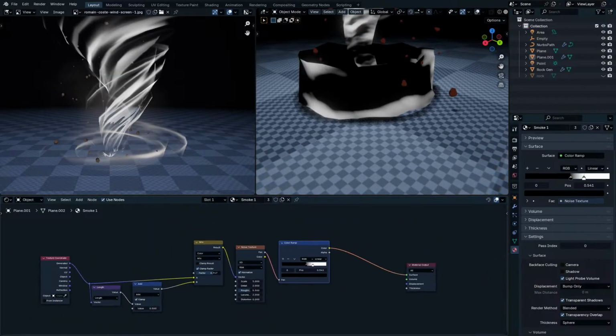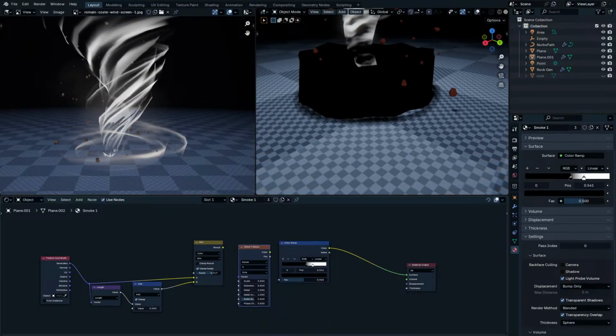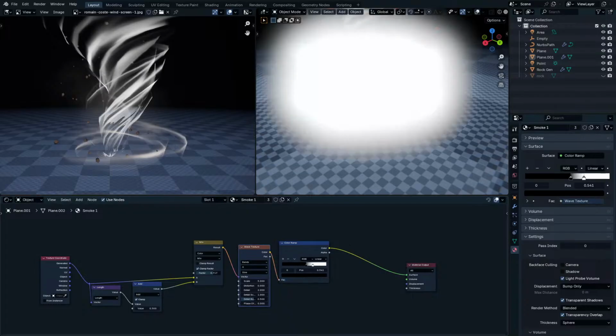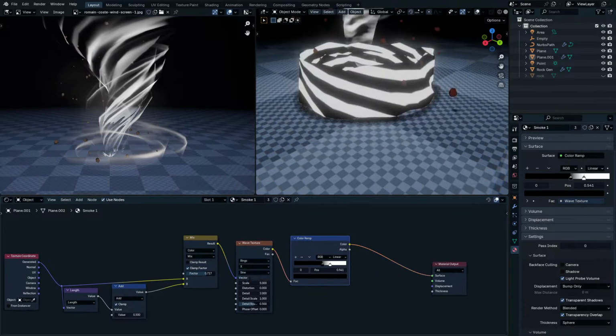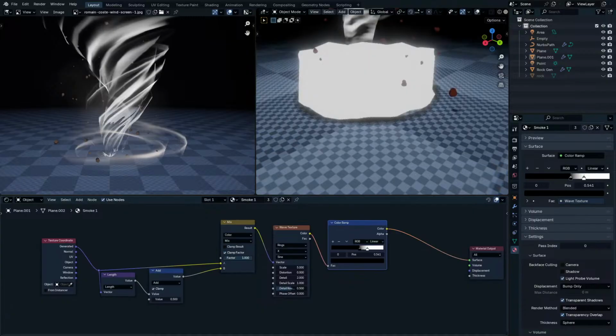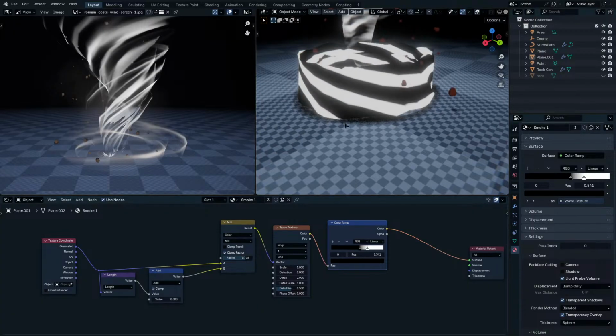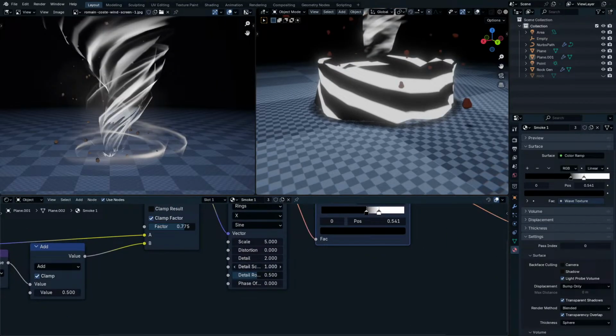And it's really weird. Let's do a wave texture instead. Okay, wave texture might work. And let's set it to rings. Okay, something like that. Okay, so it's actually working with the wave, and we need to give it, let's give it some distortion first. Detail, roughness,